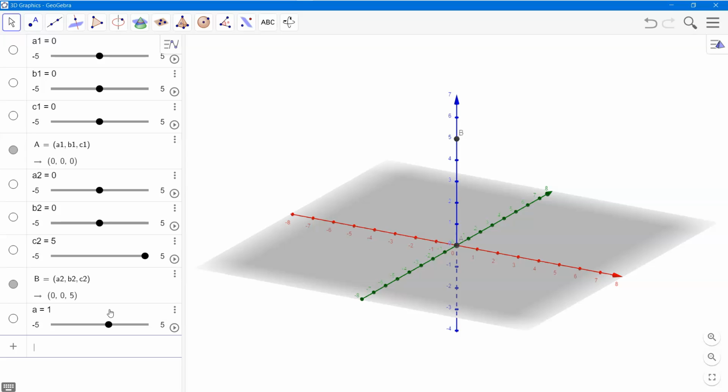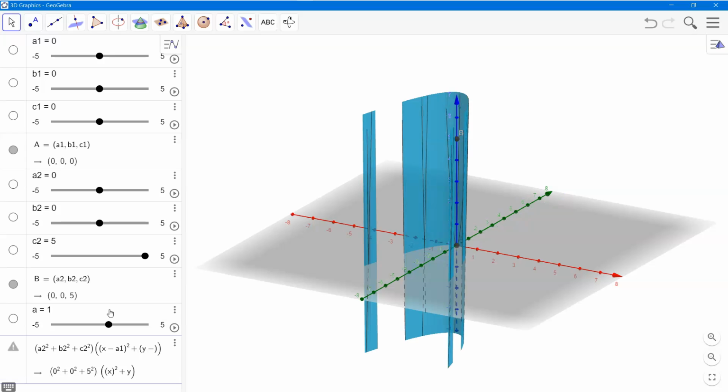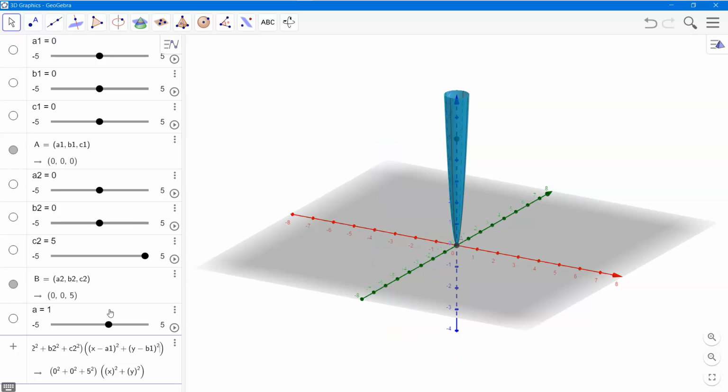Okay, now let's define the formula for generating the right circular cone. A2 square plus B2 square plus C2 square, and then x minus A1 square plus y minus B1 square plus z minus C1 square,